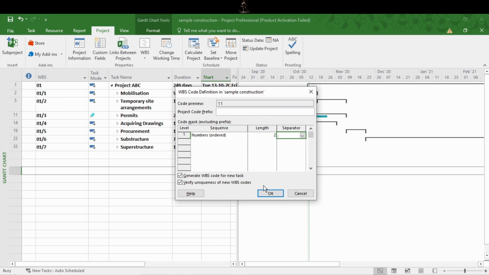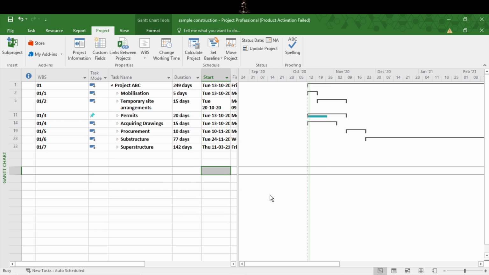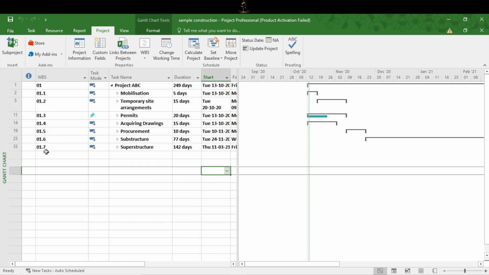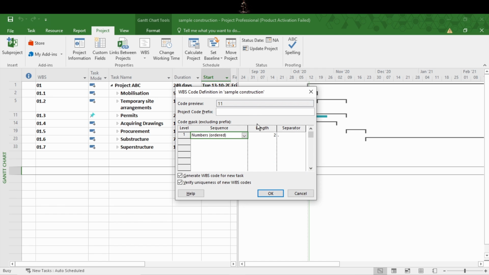We don't want to make it complex, so we will just keep it simple here. Just like this. So what that means is you can add up to 99 WBS here, but you cannot go for the 100th one because the length here is only 2. If you want to add the 100th one, you can always go to the WBS and then select increasing the length, and then you can add up to the 100, and you can add the WBS names accordingly.